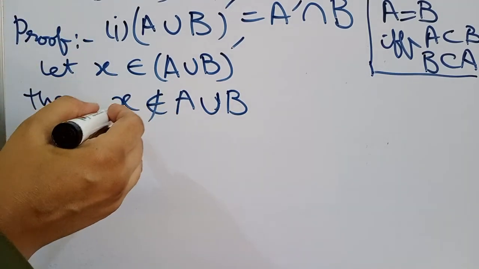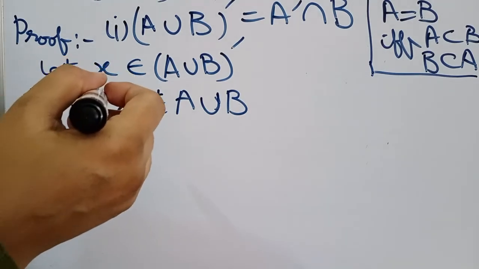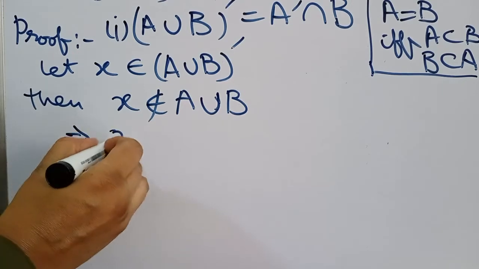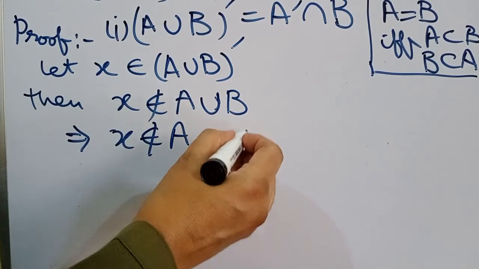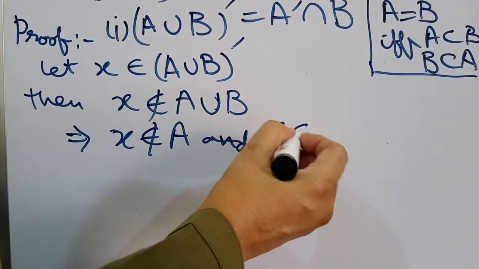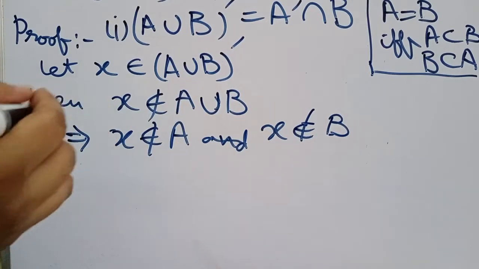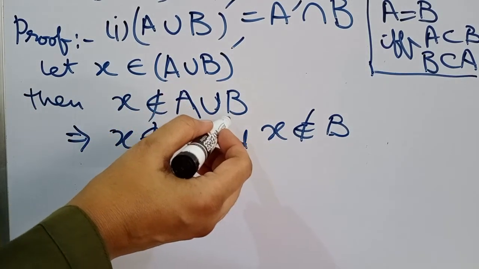So x does not belong to A union B. It means that x does not belong to A and x does not belong to B, because